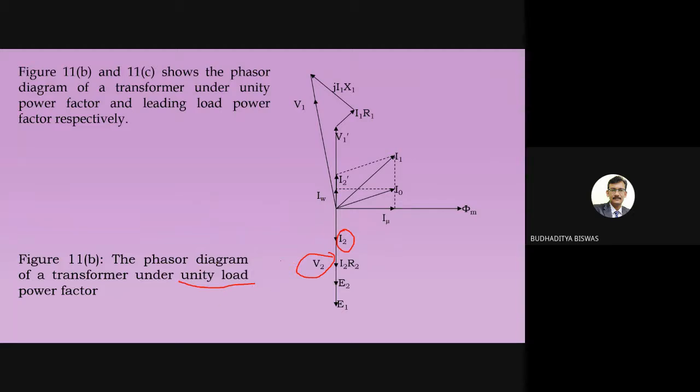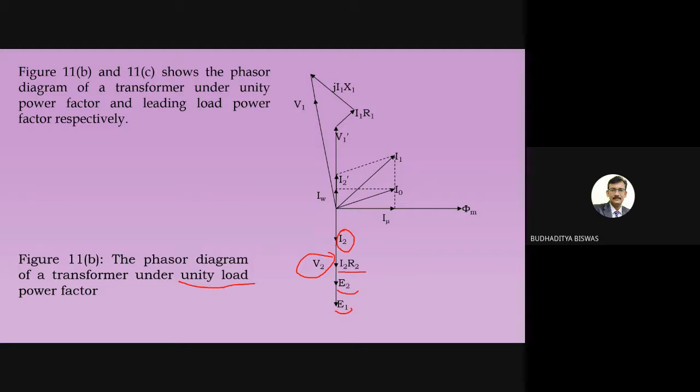And here I just draw or follow the conventional figure which is there in the books, with phi as the reference. So V2 and I2 should be in the same phase. So there will be no I2X2 drop, because it is a purely resistive load. Now only the I2R2 drop will be there, and the summation of V2 and I2R2 is E2. Similarly, in the same phase, we need to draw E1 according to the magnitude. Here, for illustration purposes, I just extend the value of E1. Otherwise, if I put an arrow here, it will look more clumsy.